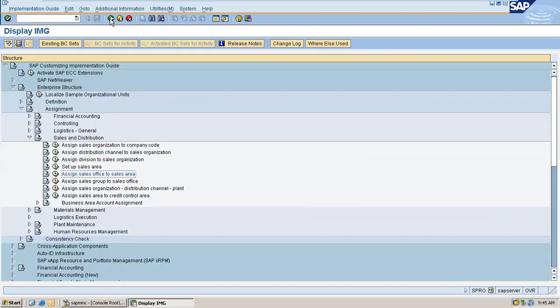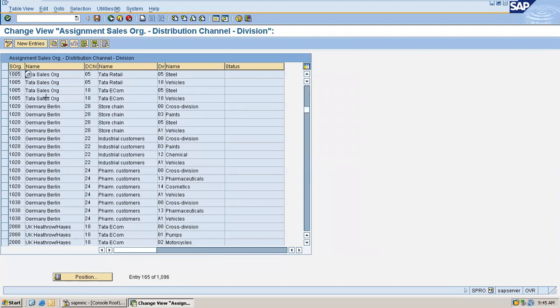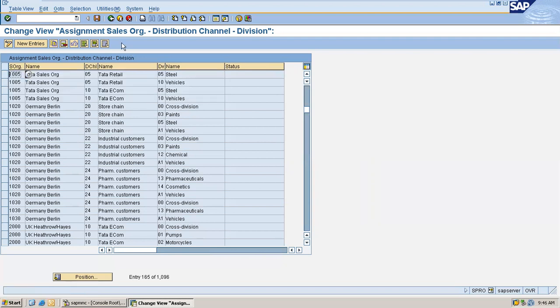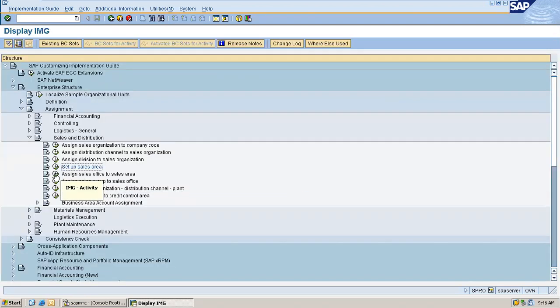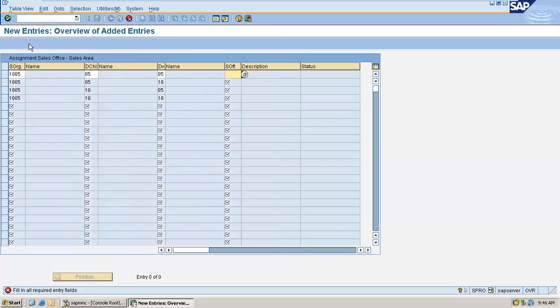Now, instead of entering it manually, I'll take out my sales areas from the screen. I'll copy it. To select, you need to press Ctrl Y. If you press Ctrl Y on the screen, you get this target icon. Now you can choose like this. Select everything. Now I copied with Ctrl C. Now I have to assign sales office to sales area, right? So I have only one sales office, but I have 4 sales areas.